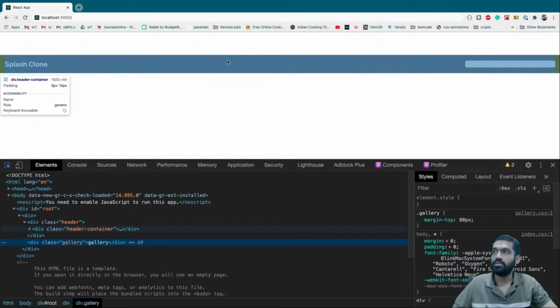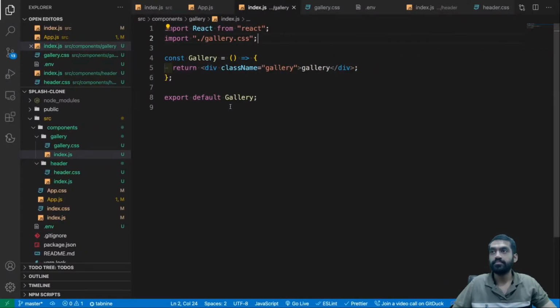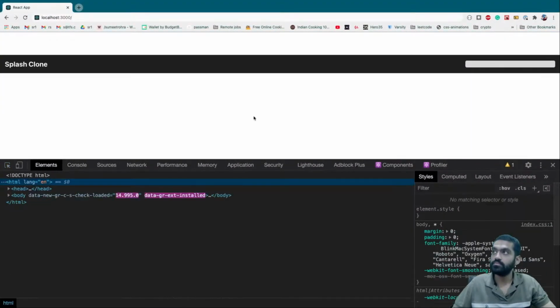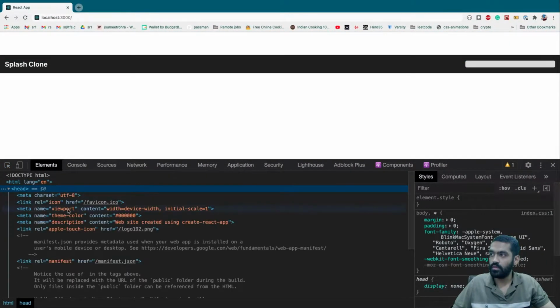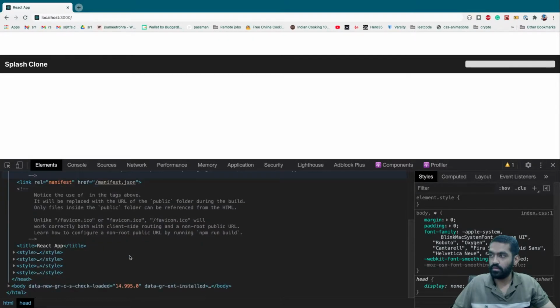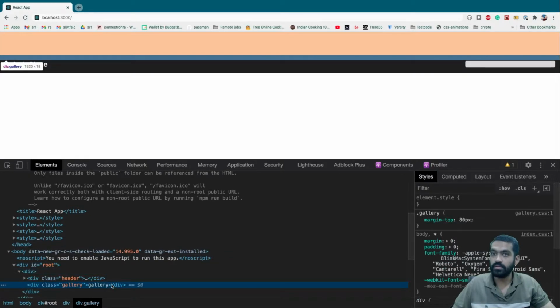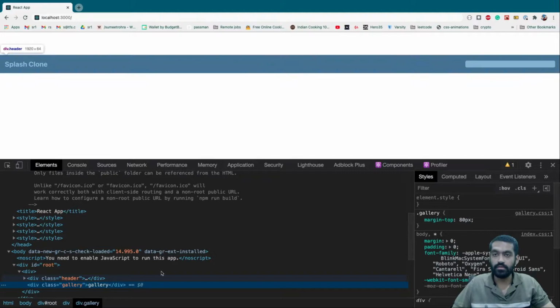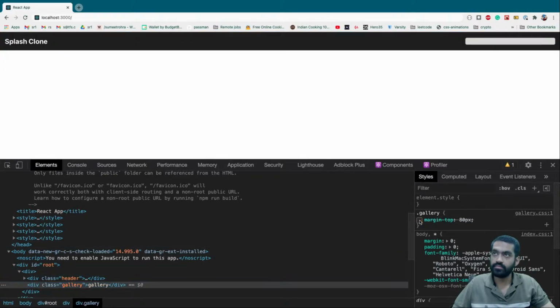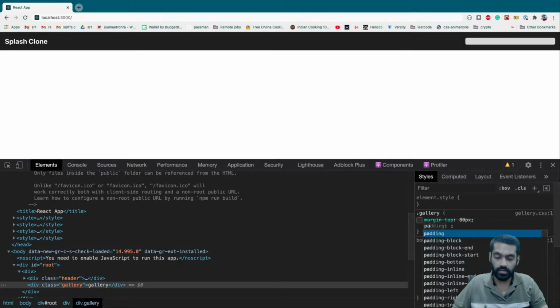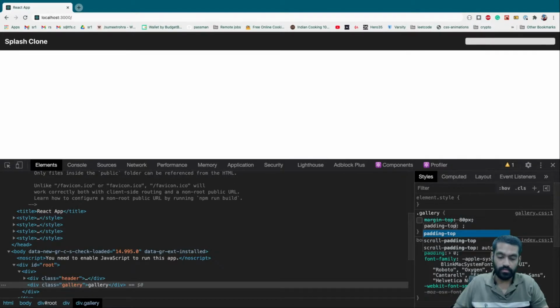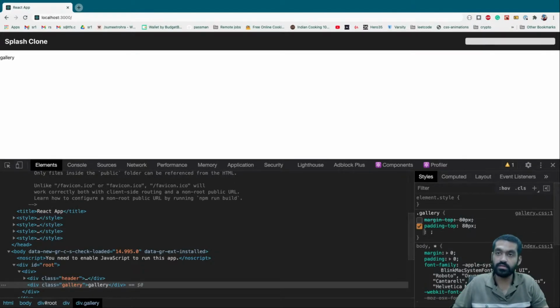Huh, what just happened here? Body, root, div, this gallery. Okay, let's do a padding top of 80 pixels.